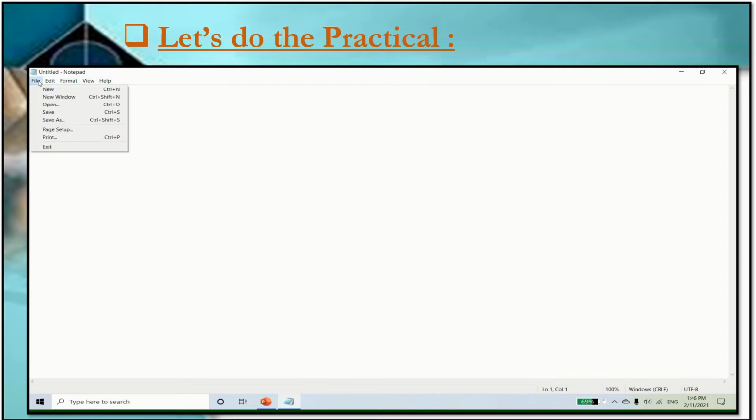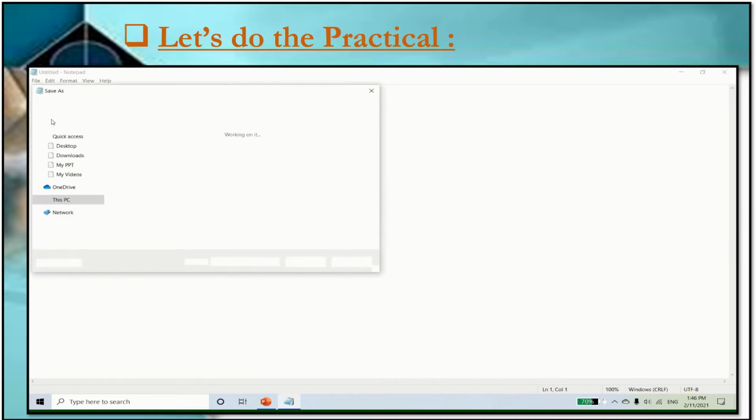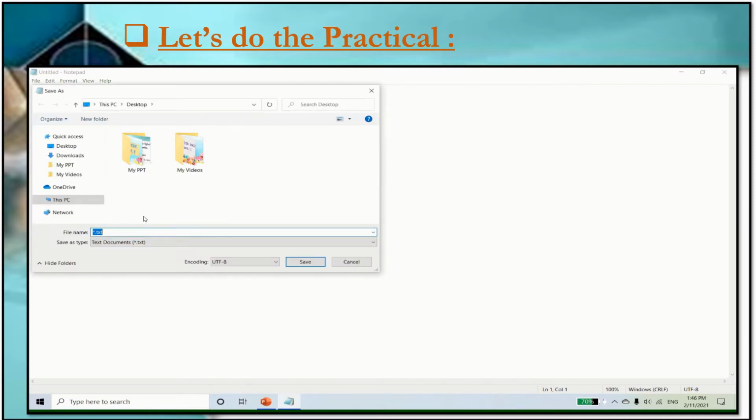Then here you can see various options were given: new window, open, save as, and more. So we will go to the save as option. We will click on save as. Now the page will look like this. Here you can see the file name option is there. So I will type here my file name, that is my subject.